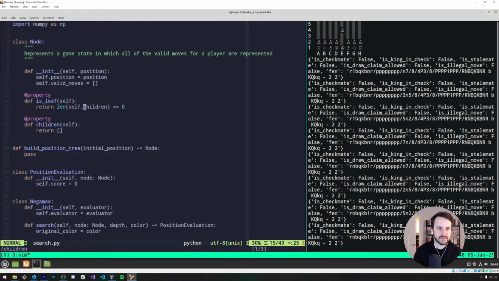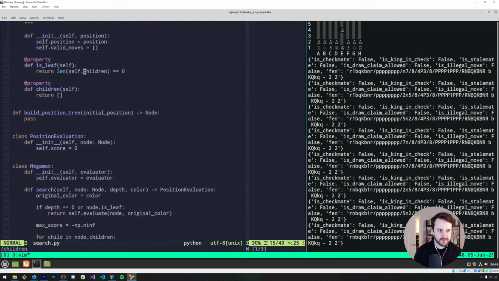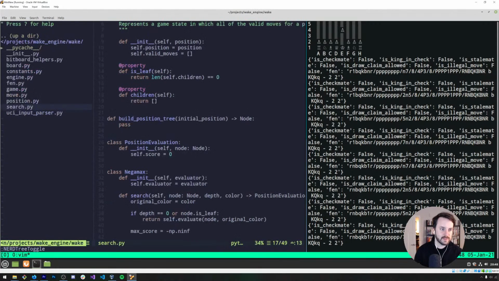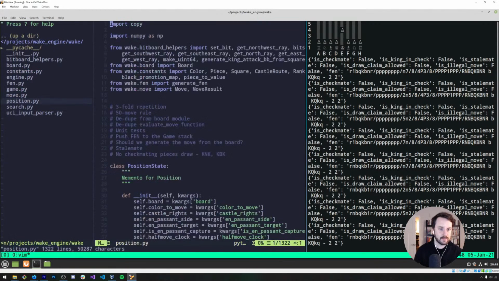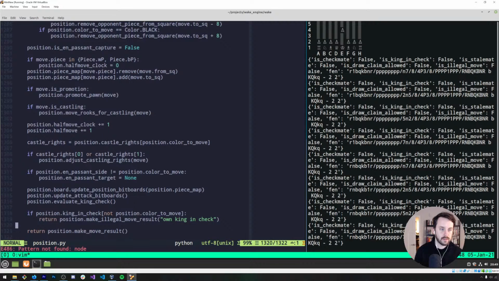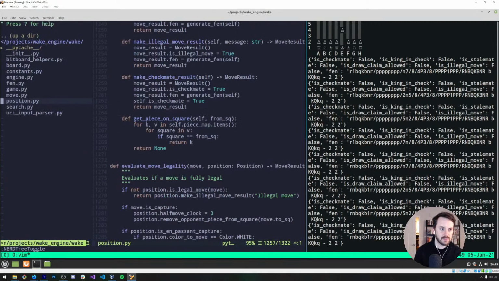Do I have somewhere where I actually build the position or the graph? Let's see. It's been a while since I looked at this code, or it feels like it has been. Alright, so maybe that's in position.py. No. Alright, so where is search actually implemented?